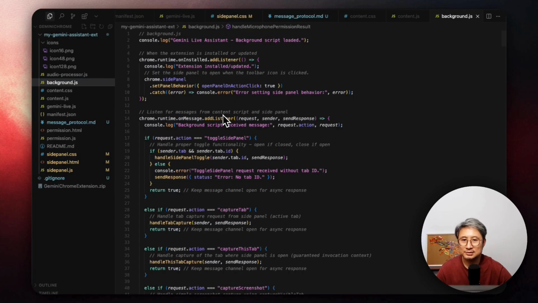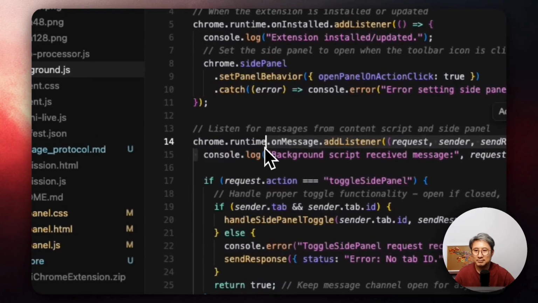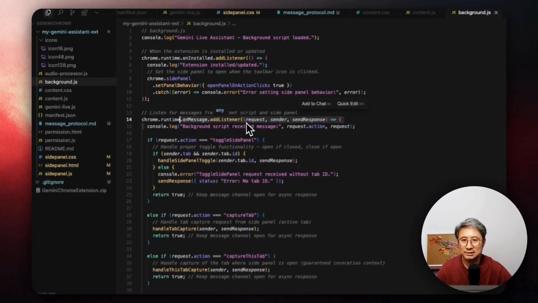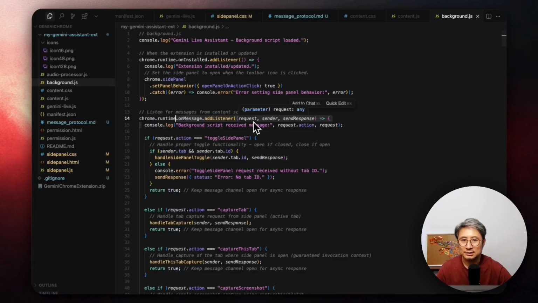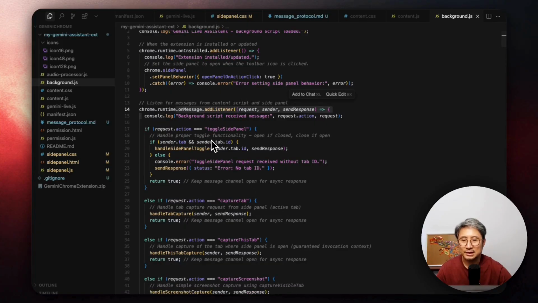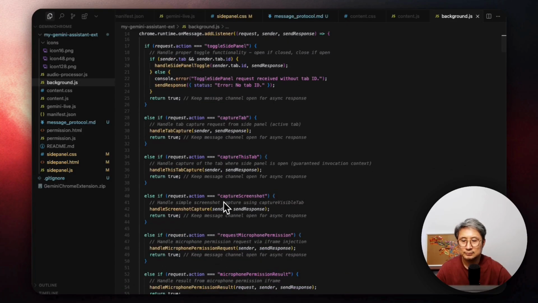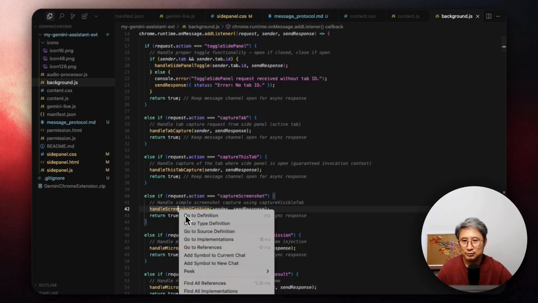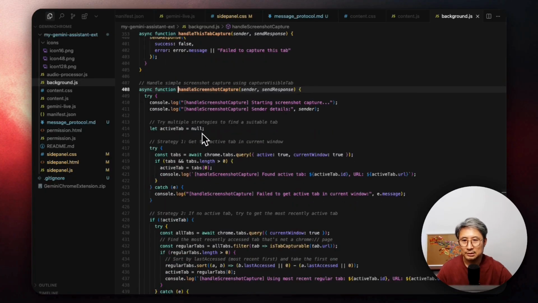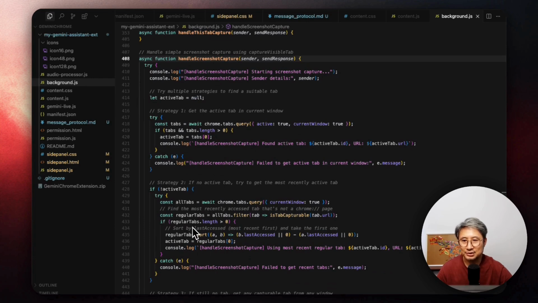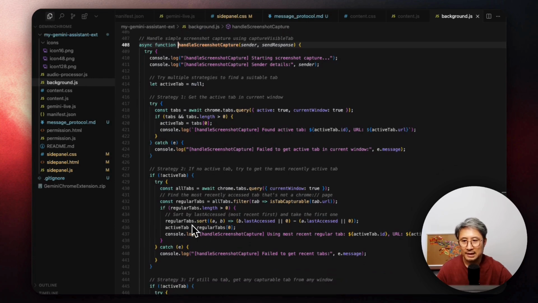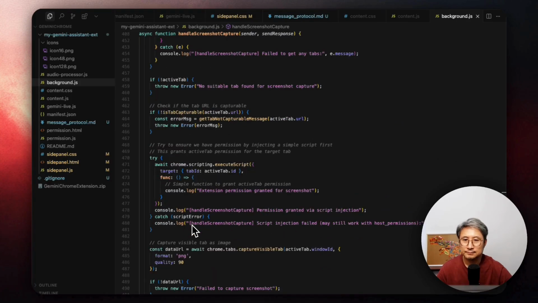The most important part here is the Chrome runtime message add listener function. When it receives a message with the action capture screenshot, which is triggered by the user's chat start, it will call the Chrome API to capture the visible tab and send the results back. Then let's move to the